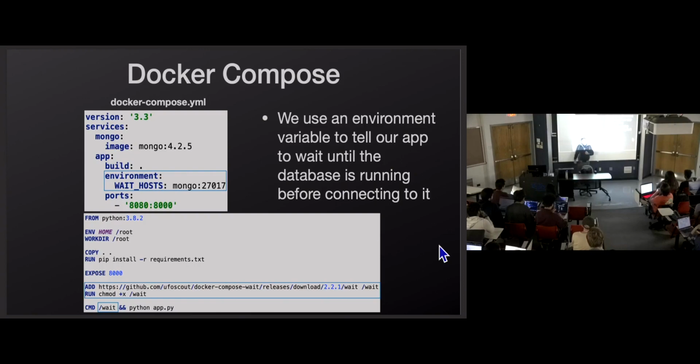This is because your database and your app are going to be started not necessarily at the same time, but roughly at the same time, at least in an order we're not easily going to be able to predict. So your app is going through its startup script, and the database is going through its startup script. Now, the database takes a while to initialize. Whether you're using MySQL, MongoDB, Postgres, whatever you're using, it's going to take a while to spin up that database and get it all ready to go.